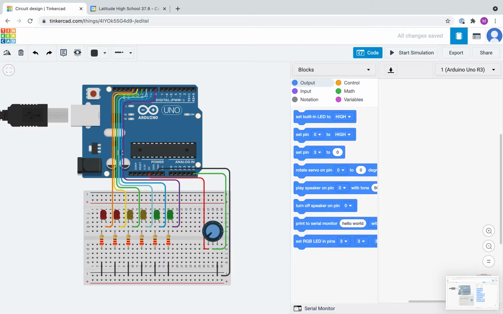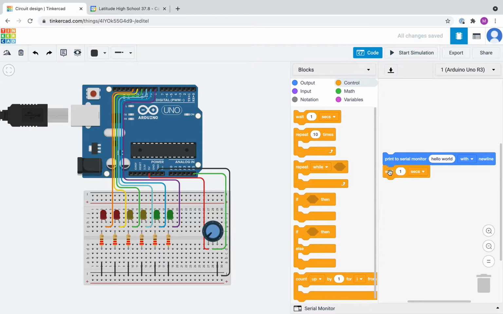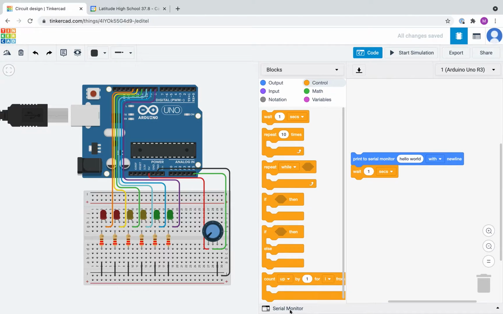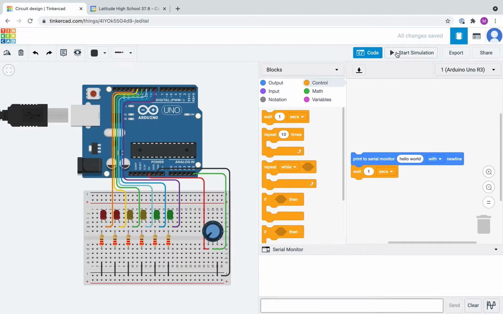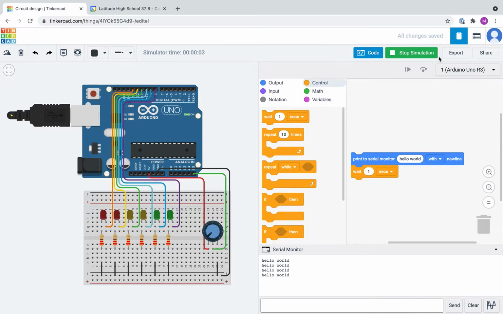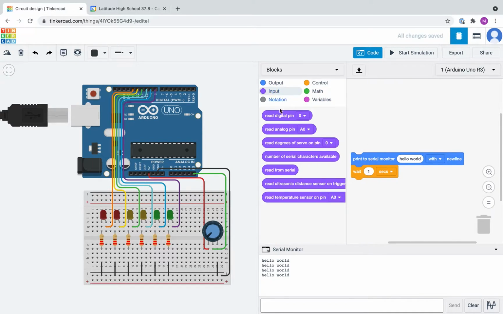So if I come in here and use my output function to print to the serial monitor, we know how this works. I can add a delay here so that we make sure not to overpopulate our serial monitor. But if I run this now, as we know, we should just get a bunch of hello worlds printed out with nothing happening on the circuit. If I stop this simulation, I can instead change that hello world to read from the input. So I'll read our analog pin